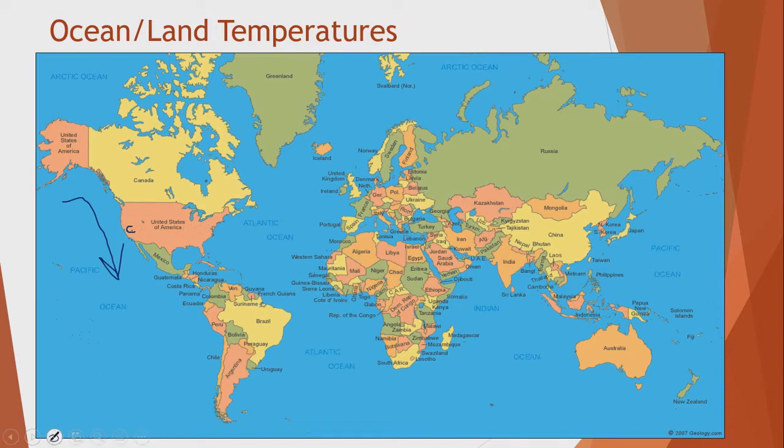The opposite is true of another part of the world. There is a kind of current of water that sort of does something like this. It's called the Gulf Stream, and it brings a whole bunch of warm water up towards Europe and Iceland and all this area. And in the process, it warms up Europe's climate considerably. It makes the temperatures here in Europe way warmer than you would expect.